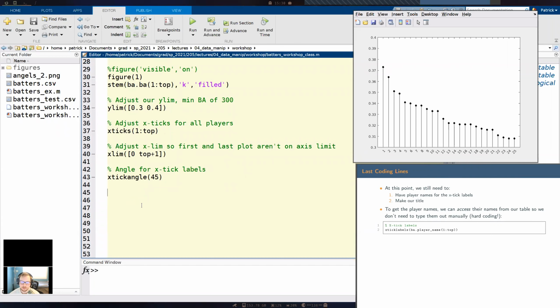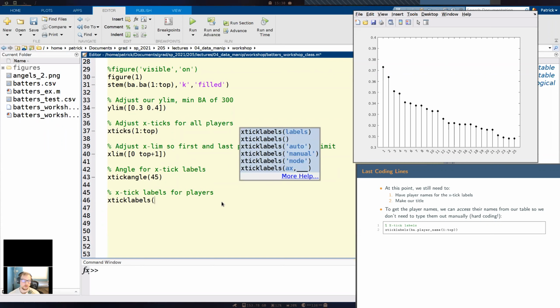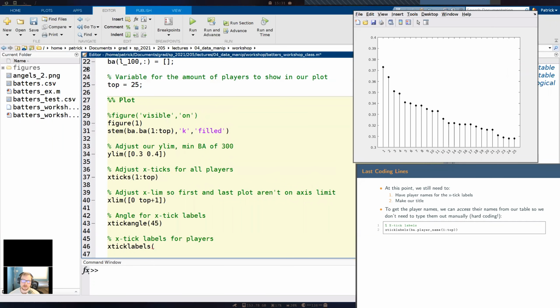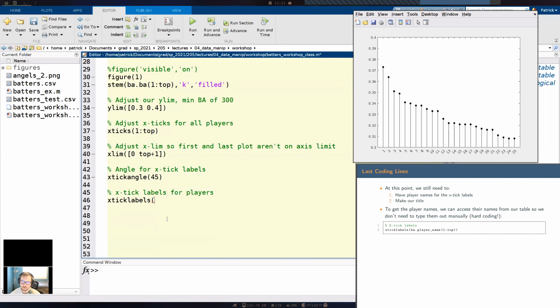Okay, so let's get these xtick labeled now. To do this, we're going to use our command xticklabels. Then I want to access the column that contains those, in this case, the top 25 players. So we're again going to reference this variable called top. First, we want to access the column that contains the player names. So that's ba.player_name.